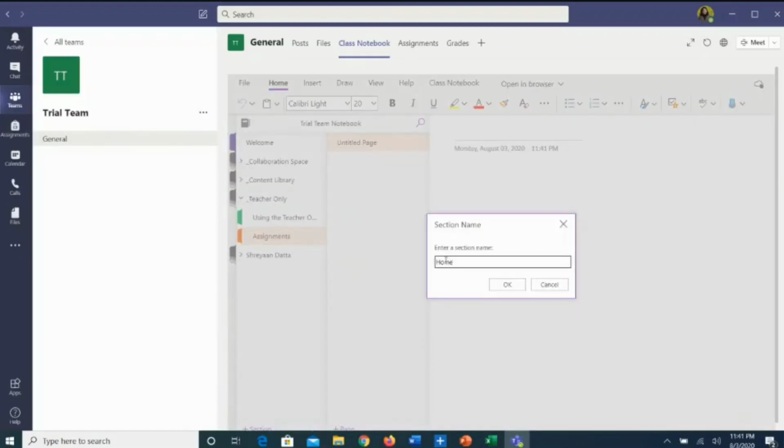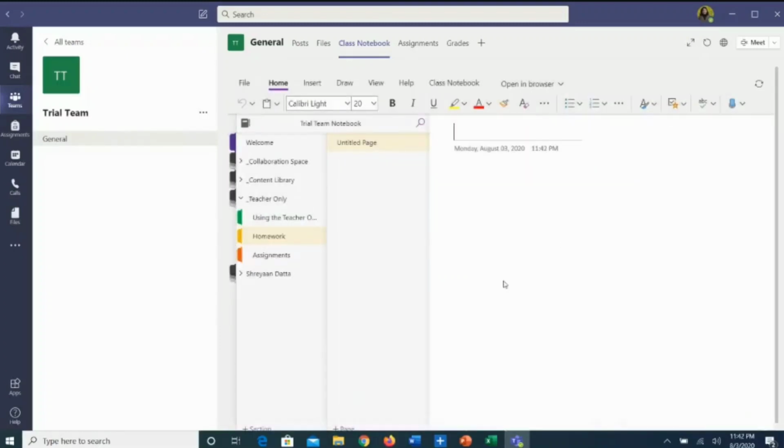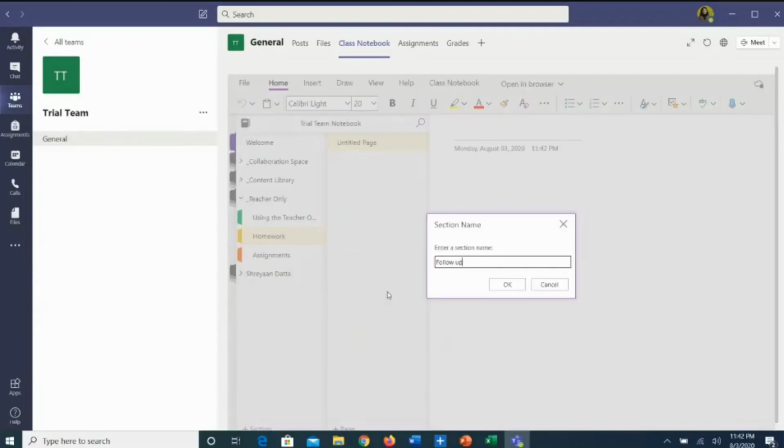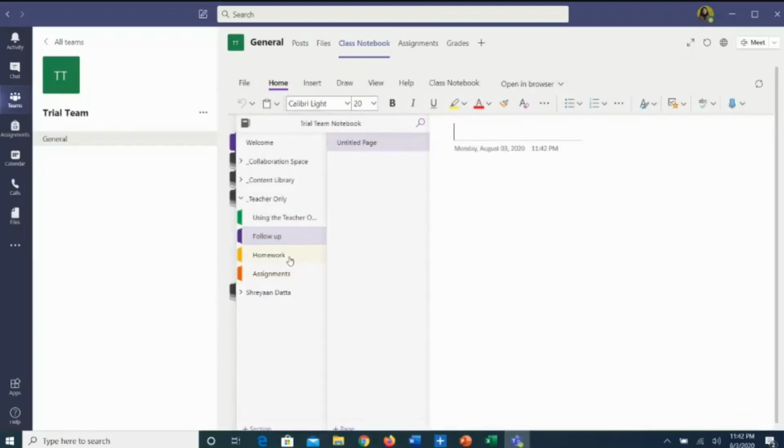Once I've written that, I click OK. After that I can add a follow-up section. I'll add a new section here, and that new section can be follow up. This is another section wherein I can note down the marks of the students, or whether they're giving the work or not.